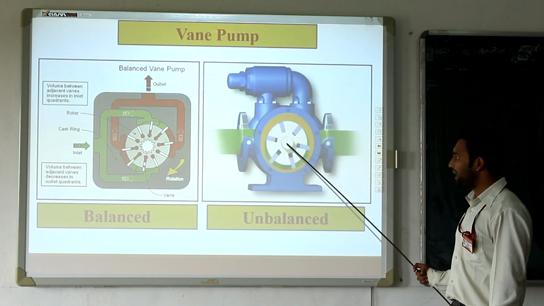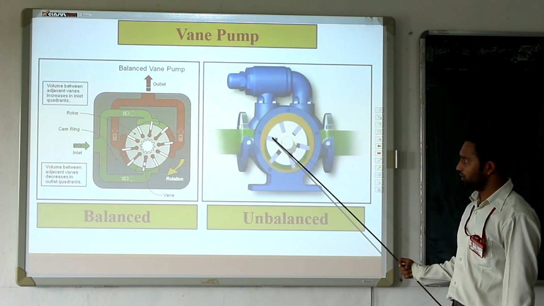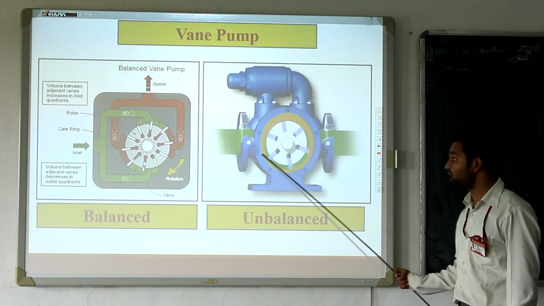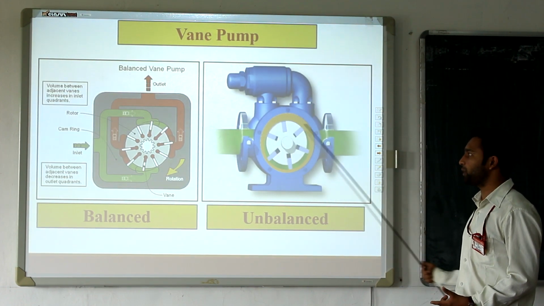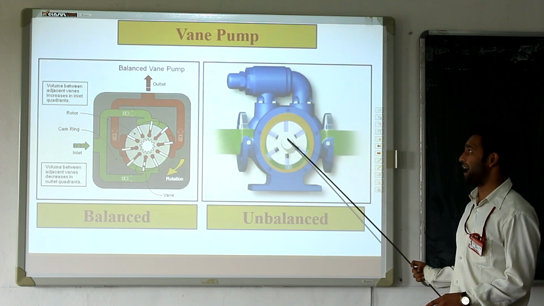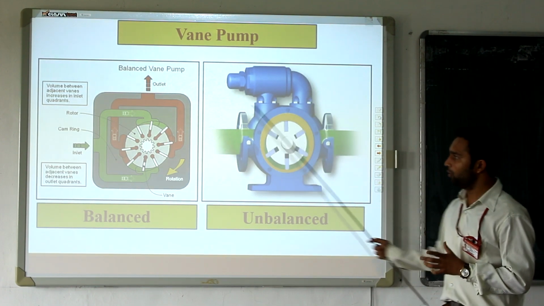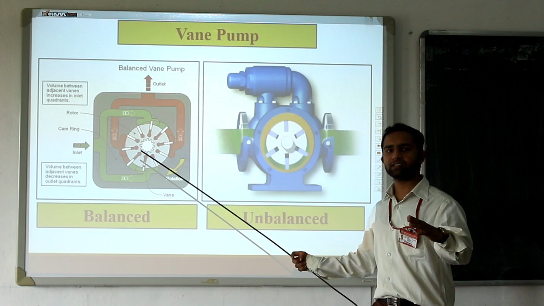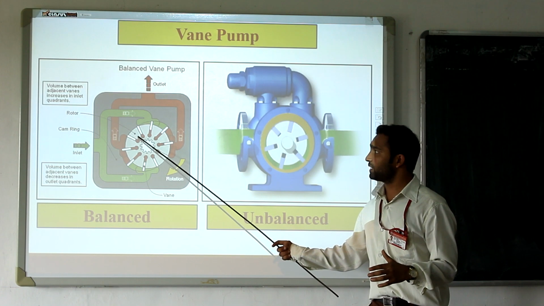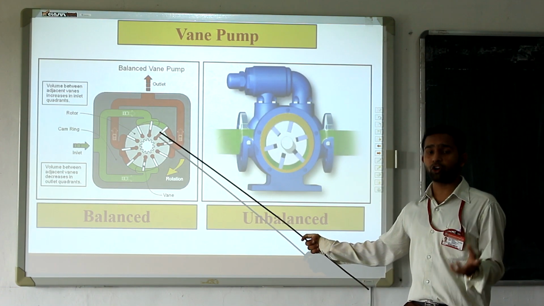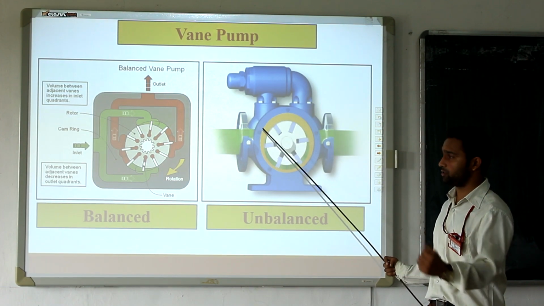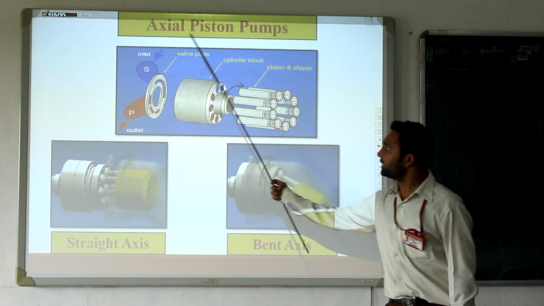While in an unbalanced pump, this portion has lower pressure and this portion has higher pressure. So one side has very low pressure and one side very high pressure, and because of that huge pressure difference there is central shaft bending. That's why the chance of failure is maximum in an unbalanced pump. While in a balanced pump, a balanced condition is provided, so there is little need for maintenance. A balanced pump is more suitable for heavy applications, and an unbalanced pump is less suitable for applications. Now, the external